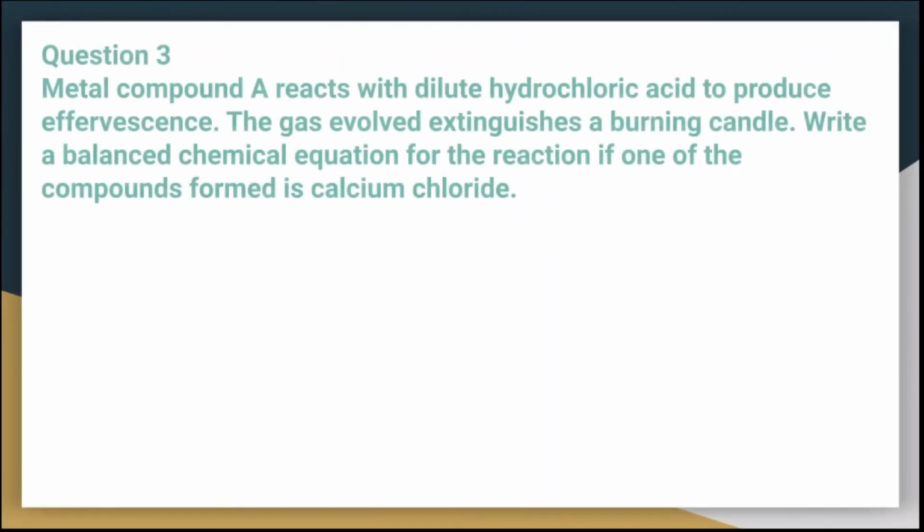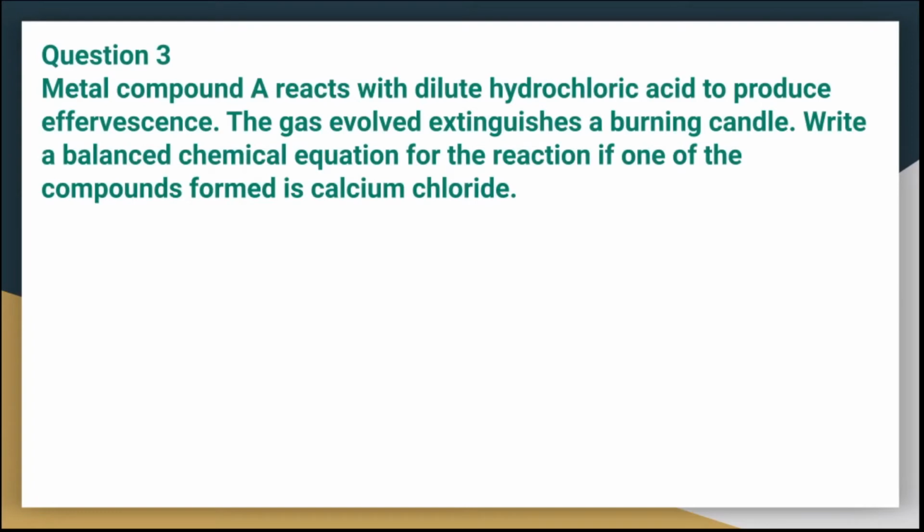Next we have, metal compound A reacts with dilute hydrochloric acid to produce effervescence. The gas evolved extinguishes a burning candle. Write a balanced chemical equation for the reaction if one of the compounds formed is calcium chloride. Answer is,